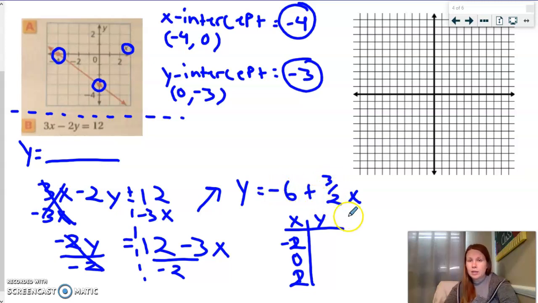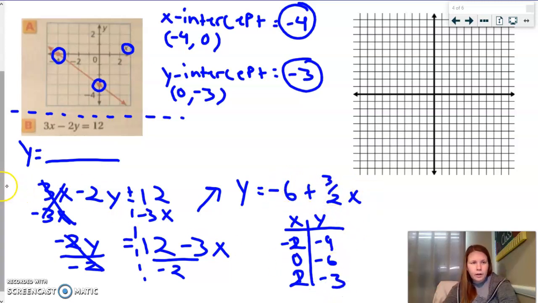Negative 6 plus a negative 3 would be negative 9. At 0, well, 3 halves times 0 is 0, plus a negative 6 would be negative 6. At 2, well, 3 halves times 2 is a positive 3, so negative 6 plus a positive 3 would be